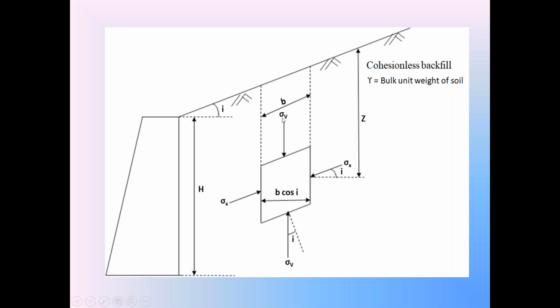This sigma v stress is parallel to the vertical sides of the element. The sigma x stress is parallel to the top and bottom surface of the element. Check this sigma x stress direction. The stress sigma x is parallel to the top of the element and also the bottom of the element, whereas the vertical stress sigma v is parallel to the two vertical sides of the element. We call these two stresses the conjugate stresses.